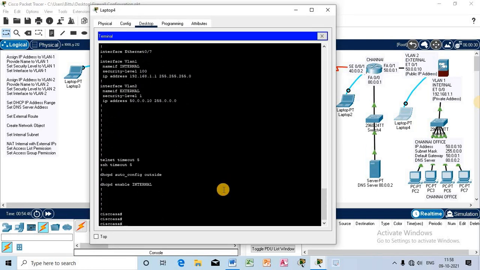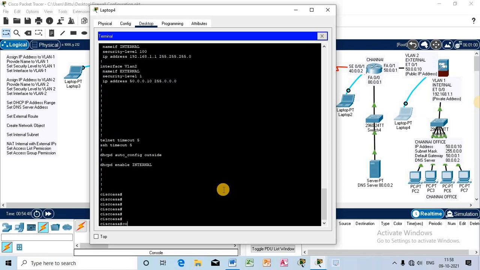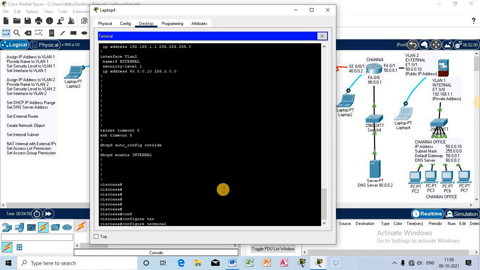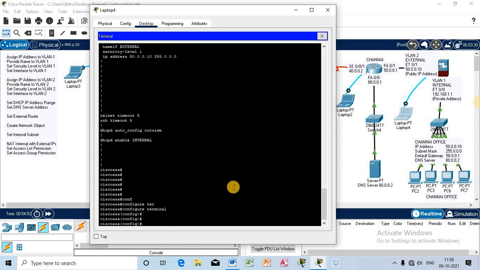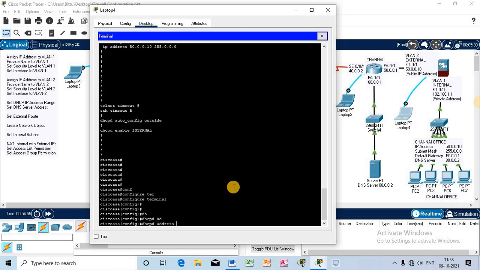Okay, now I will create the DHCP. So configure terminal. dhcpd address. Now create the DHCP, that is the internal DHCP for the internal part of the organization. So 192.168.1.10. How many computers will obtain an IP address from this particular hardware firewall DHCP pool?